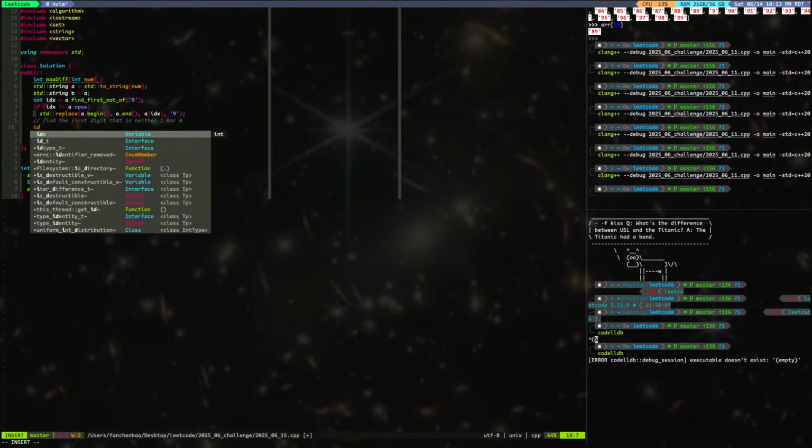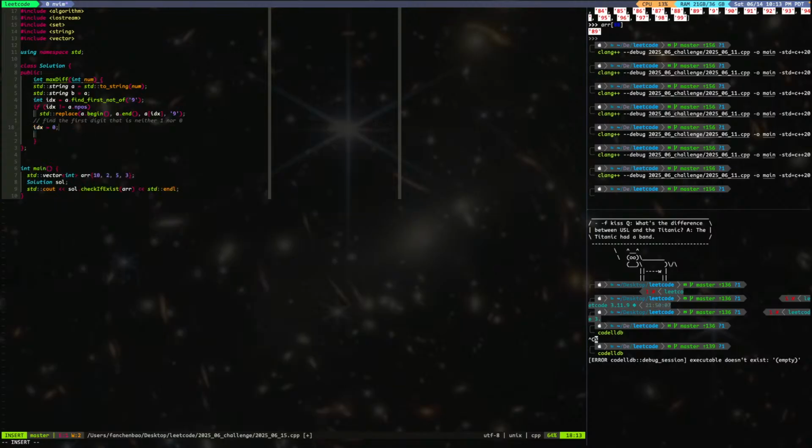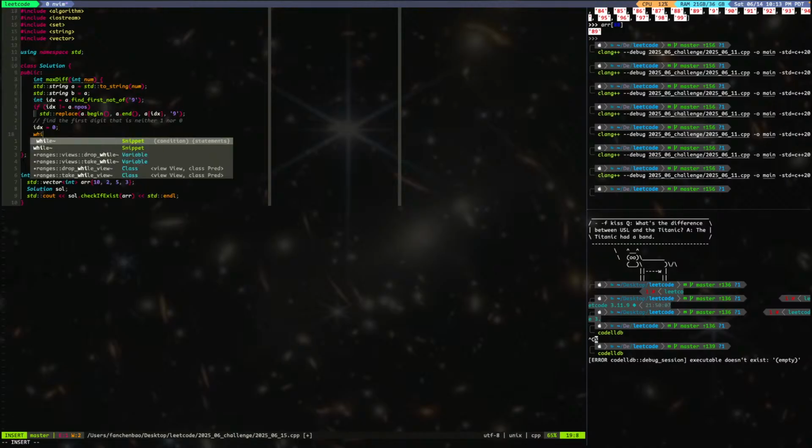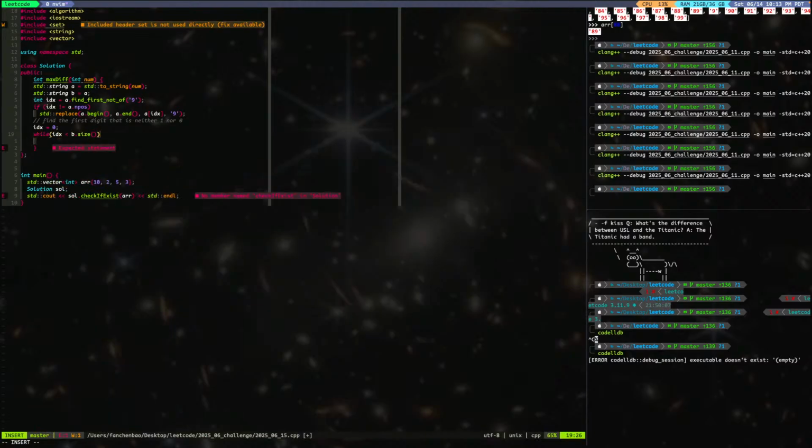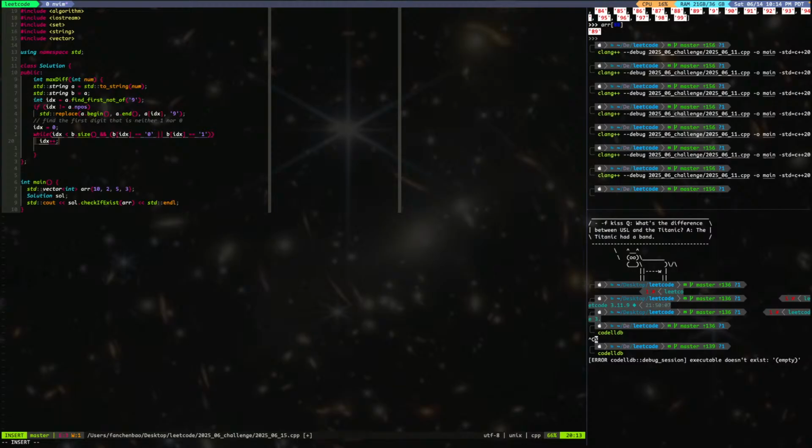So say index equal to 0. Right? And while index is smaller than b dot size and b index is equal to 0 or b index equal to 1. Okay, if these are true, then index plus plus,